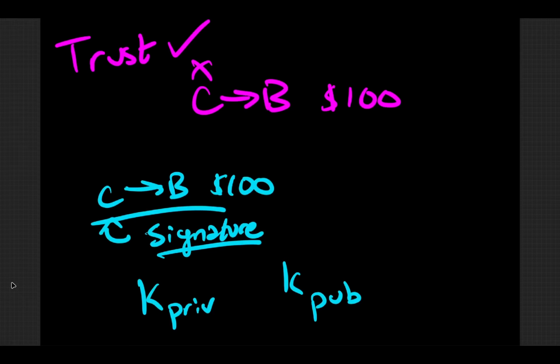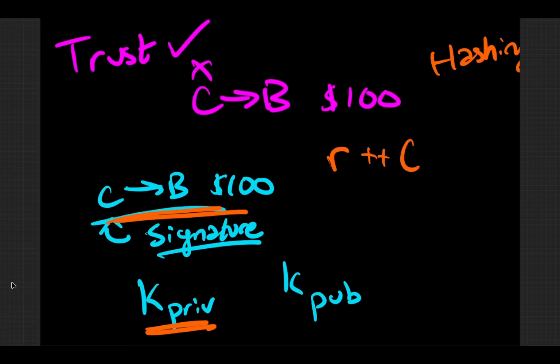What this does is, if we go back to encryption, we already talked about hashing, but how does encryption play a role in this? Well, imagine that Charles has some private key, right? He can sign this text with something. Let's say he adds a random number R into the text, and he appends onto it this text, so C to B, 100, right? And he uses a hash function